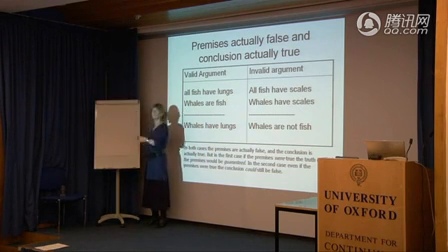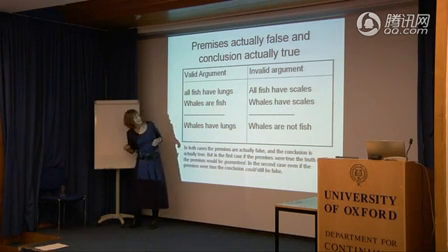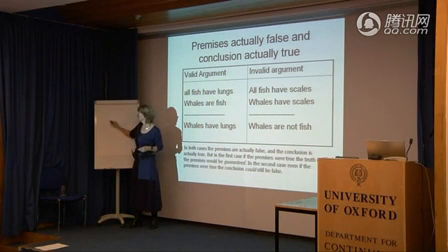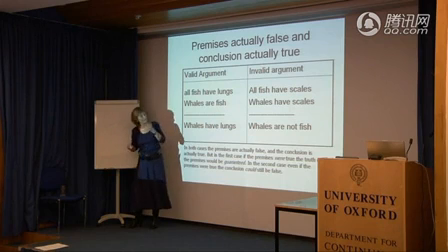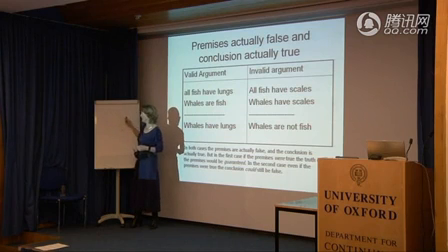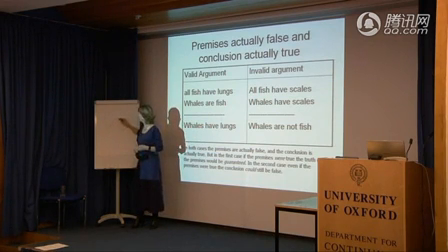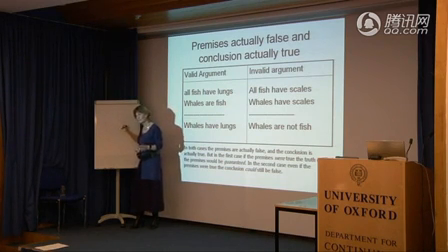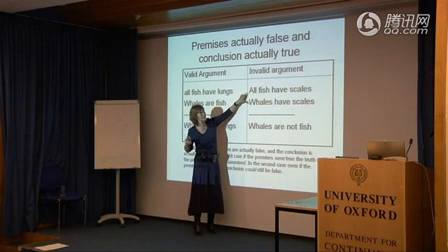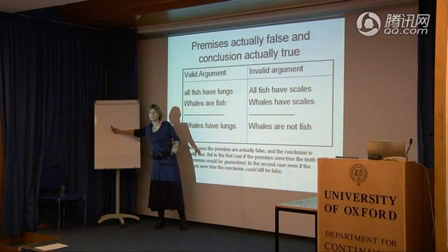Now let's have a look at the final one. Sorry, not the final one. All fish have scales. This is the class of scaled things. Class of fish? In there? Okay. Whales have scales, so where do I draw whales? It's got to be within there. Has it got to be here or here? It could be in either, couldn't it? And whales are not fish. Okay, that tells us that it is there, but it could be either, couldn't it? Again, the truth of these two, if they were true, doesn't guarantee the truth of that, because you can have scales without being a fish.